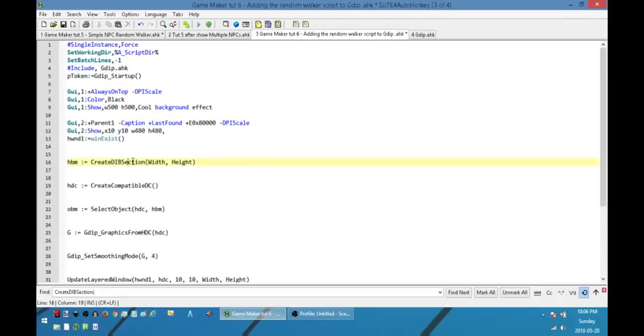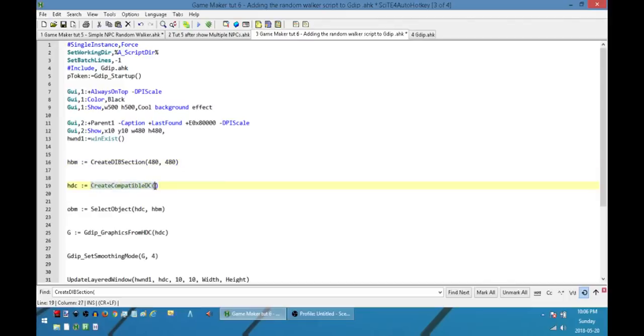So we need to pass it a width and a height, and the width and height that we're going to be using is the width and height of our window. I could set it up as variables, and there's probably lots of times where I would want to set up these things as variables, but for now I'm just going to hard code them, so that way I don't have to type out width and height. Because I don't know if you've noticed, but I'm a slow typer. Okay, the next thing we're going to do is we're going to create compatible